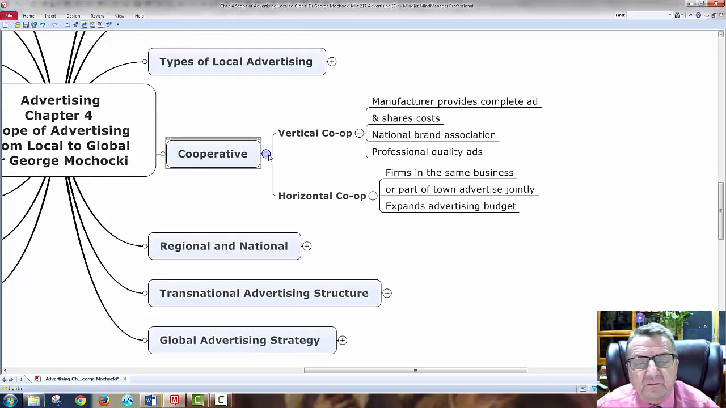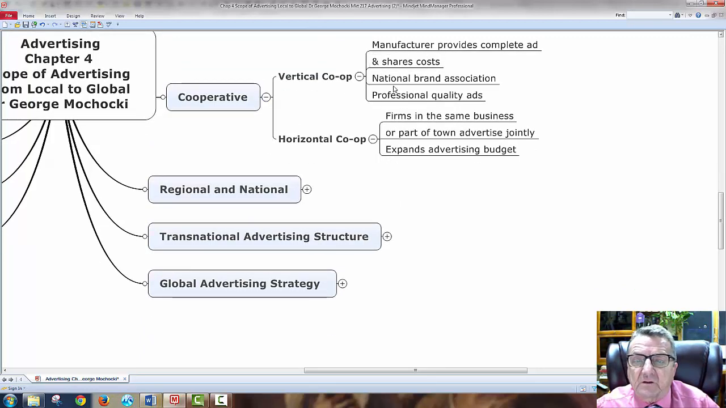Okay. Now, cooperative ads. When I look at cooperative ads, I'll just show the two of them so you can look at them. You have vertical cooperative and horizontal. Manufacturer provides complete ad and shares the costs. National brand association, professional quality ad. So if I have a vertical, the manufacturer is selling to the small businesses, or they may be selling to somebody other than the ultimate retail customer. But they want to help the small businesses because that may be their market, part of their distribution chain. So they're going to help the small businesses promote their product by creating ads that are generic enough for that local area,